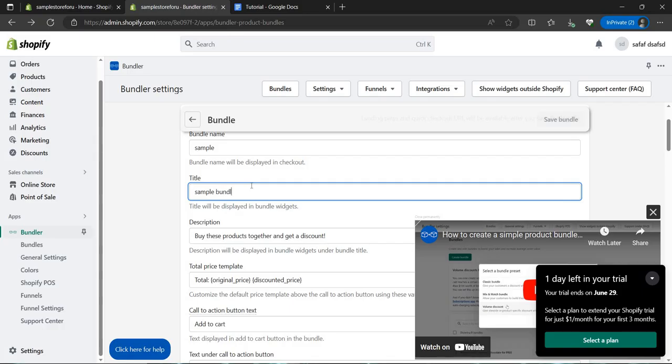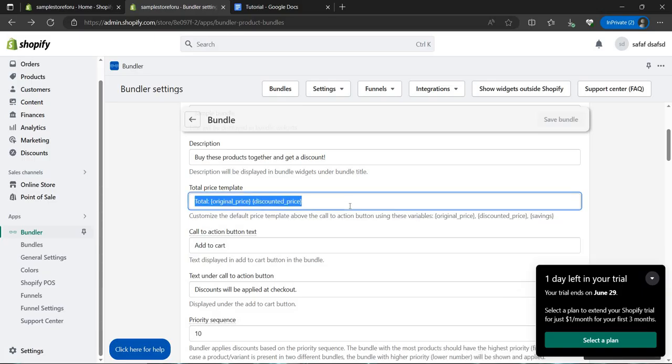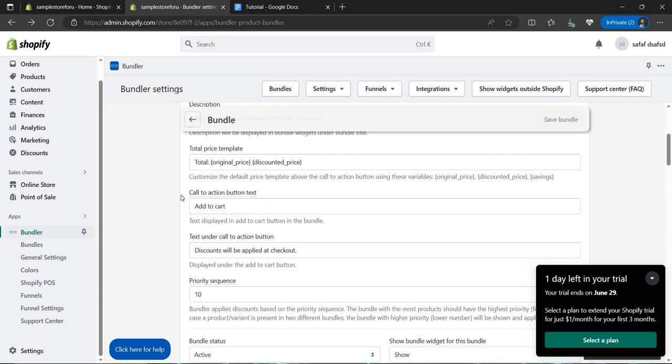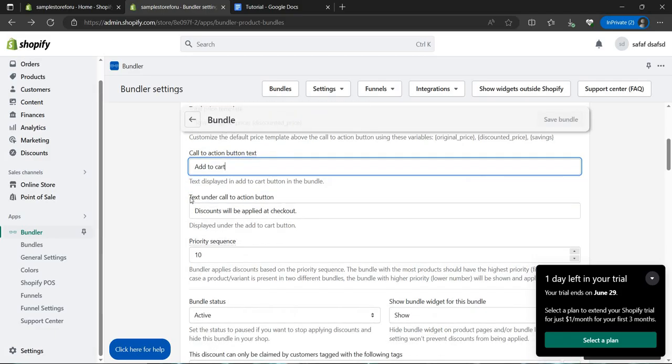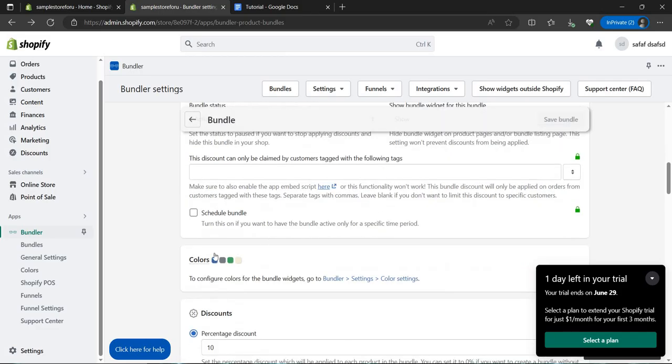bundle. Okay, so we can just write the description this, and the total price template will be original price and the discounted price. So as you can see, we can just make it the total. So we can just do this as a default, and our call to action button will be add to cart, and here you can see text under call to action button, discount will be applied at checkout, and you can just set the sequence as 10, and bundle status active,